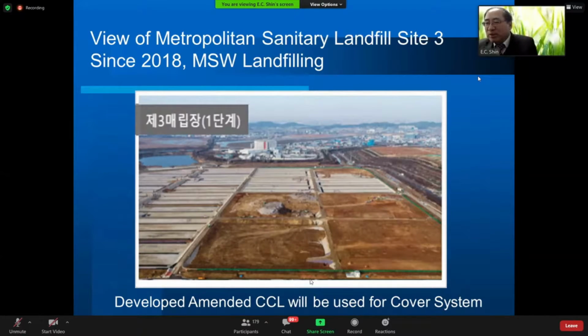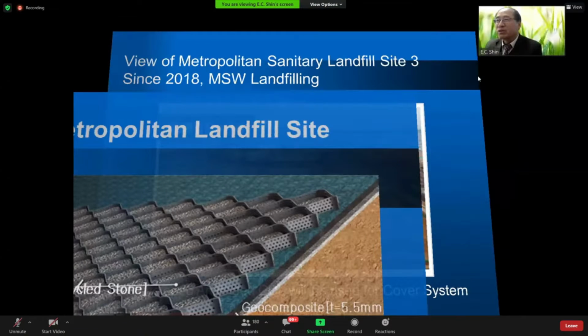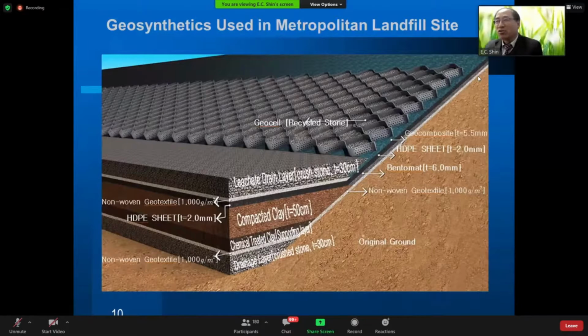So we developed an amended compacted clay liner, which will be used for the cover soil system at this particular site. The Metropolitan Landfill Corporation requested our group to develop that kind of complementary alternative compacted clay liner. This is a schematic diagram of the bottom liner system, and also the slope system for